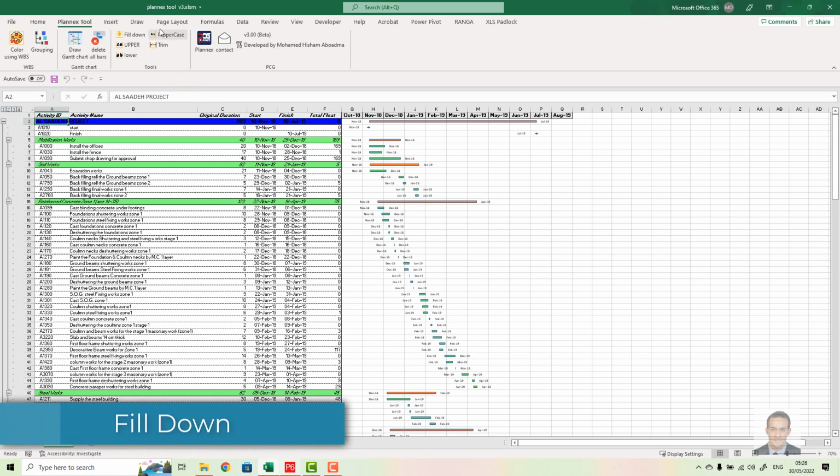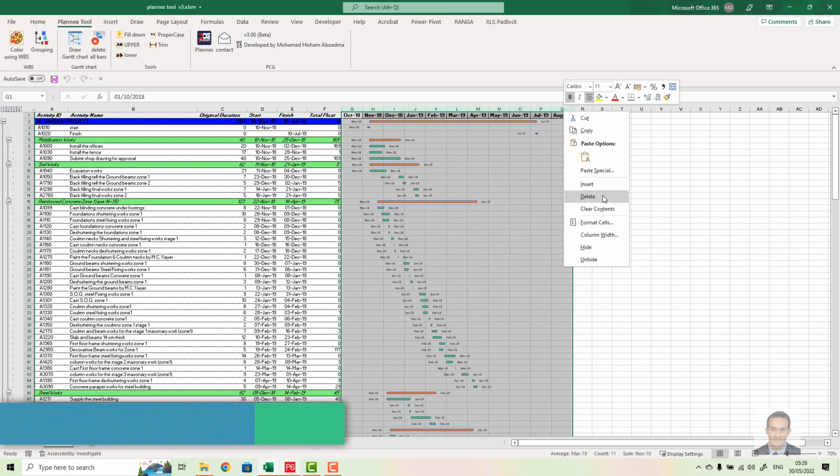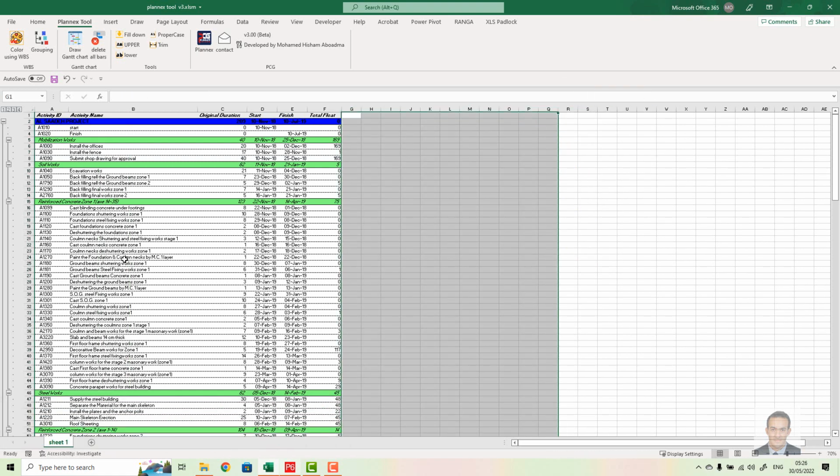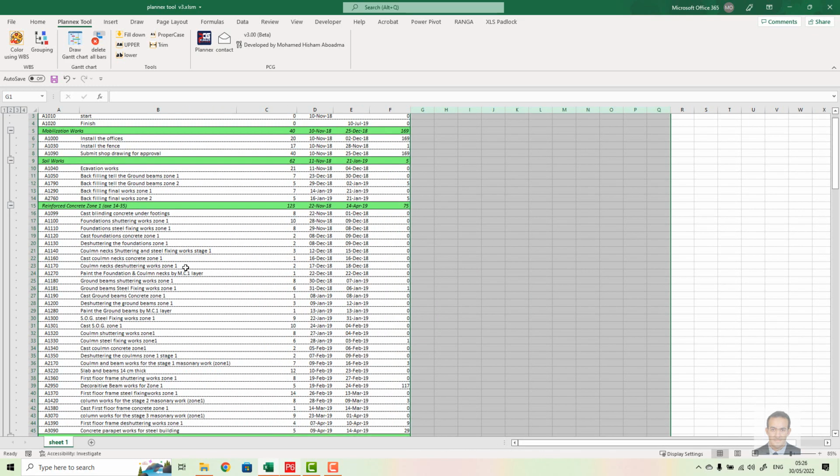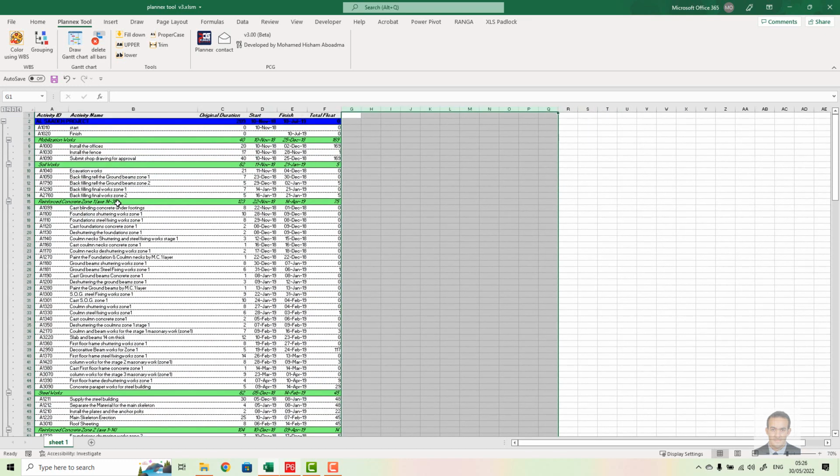The third part here includes many functions, or I call it fast tools. Sometimes I need to fill down the gaps between the cells.